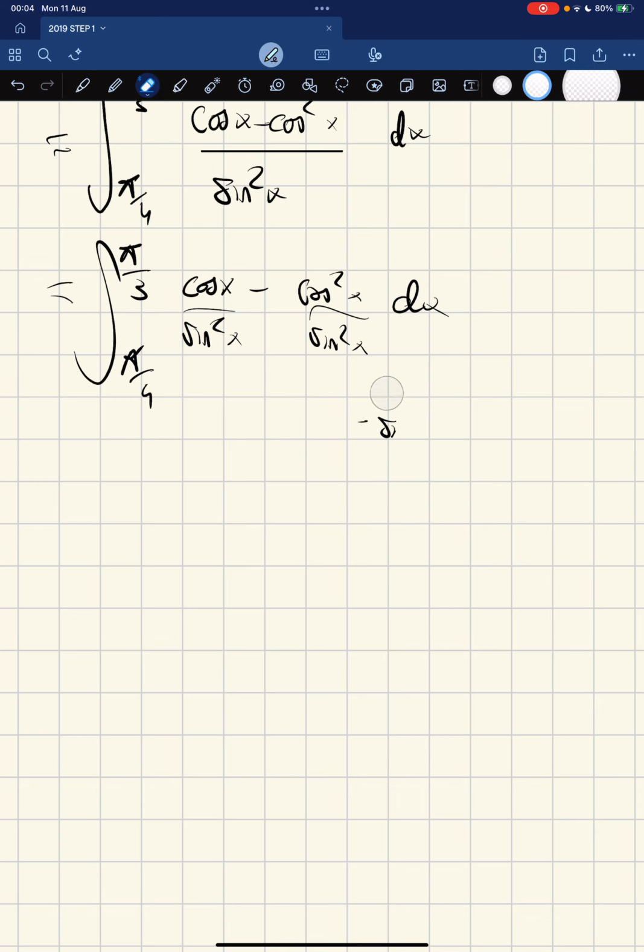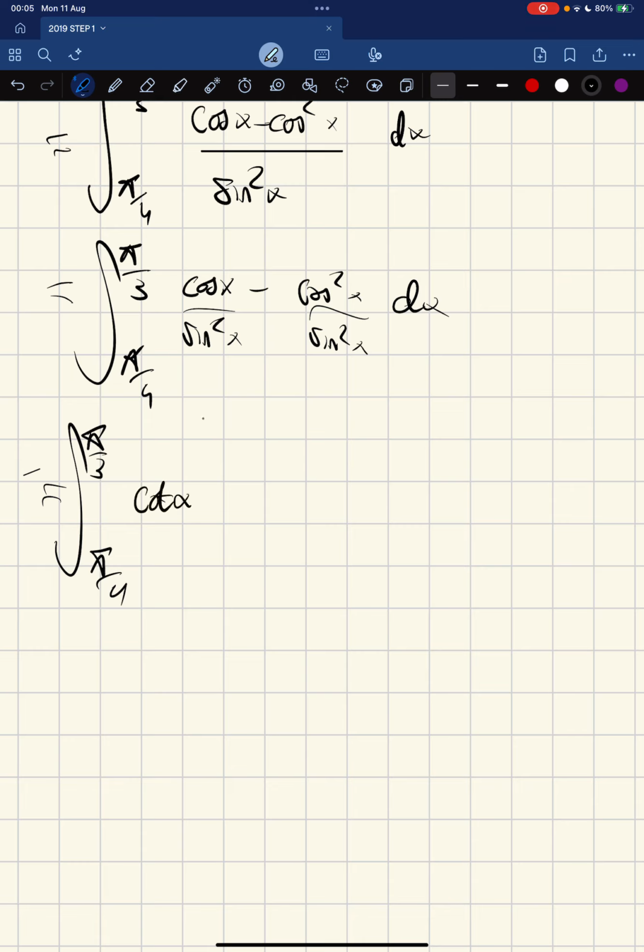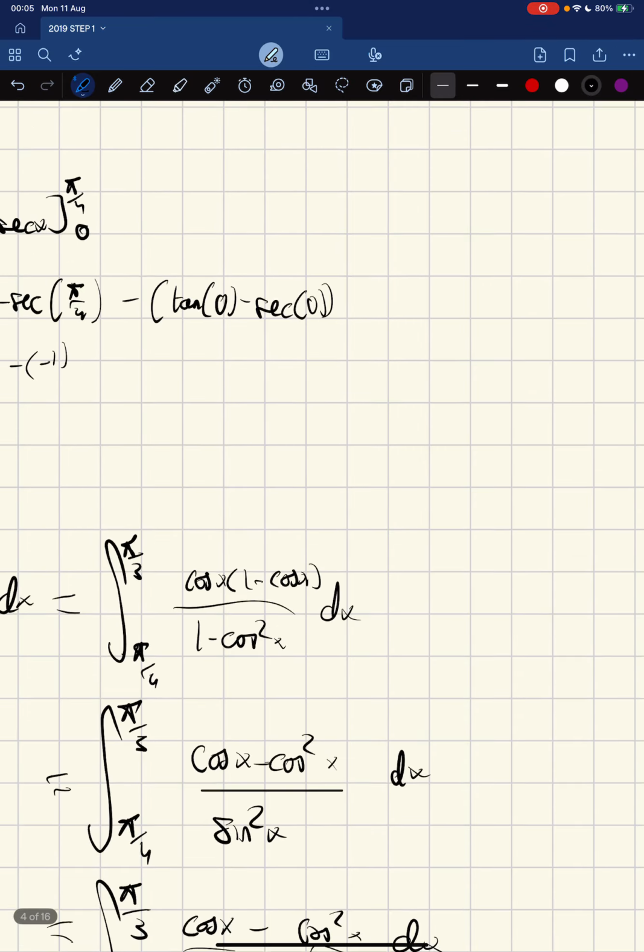and we're going to get the integral from pi over 3 to pi over 4. This is going to be cot x, and I'm left with 1 over sine, which is cosec x, minus cot squared x dx. Now if we go back to our Pythagorean identity,